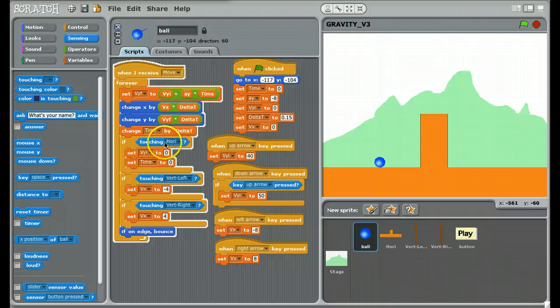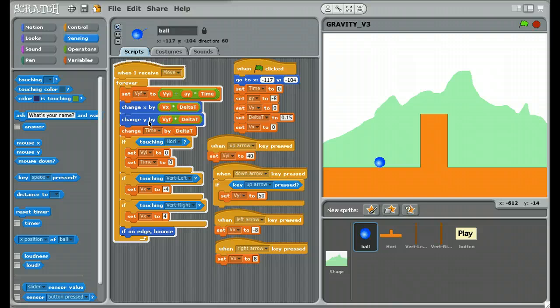touching the horizontal. You can see here. As long as the ball is touching the horizontal, this means the platform, the time is always set to 0 again. And in that case, you have V initial equals 0, time equals 0. So after you calculate, the V final is always 0. And actually the V final is the current velocity of the ball. So when you calculate the V final, multiply the delta t, and change y, it doesn't make any